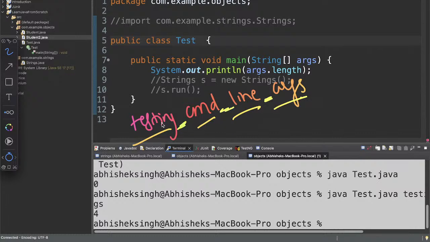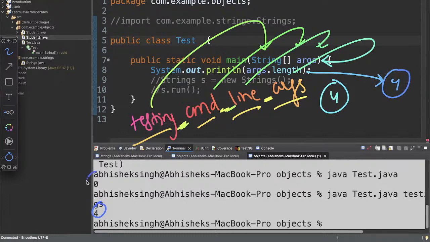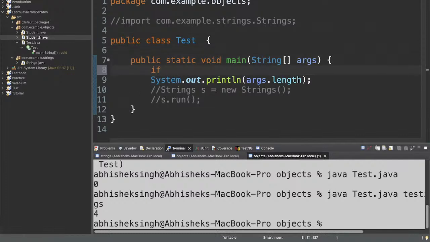So what happens behind the scenes, this space is the delimiter, so these space separated commands just get stored inside the args. So now args definitely has 4 commands, and that's the reason why the length of the args comes out to be 4. Previously it was 0, correct? Yes. So now if I try to print this,